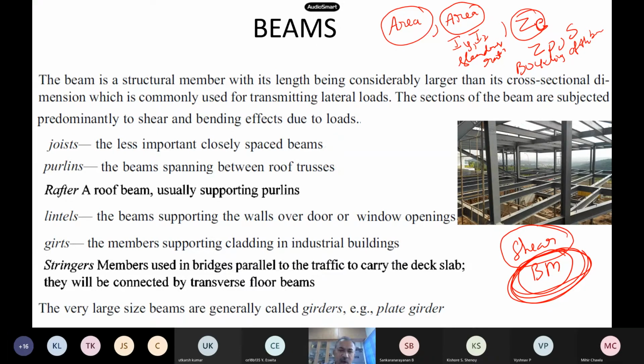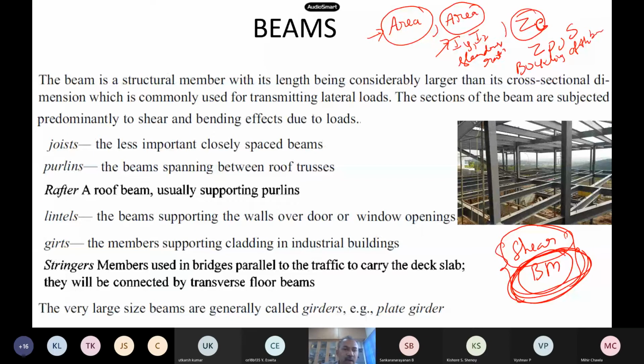When the shear is also very dominant, then you have to check both cases separately. So many things will come into beams, so the design becomes complex. Of course, it is not complex, but the steps will increase. For tension members, maybe two checks: gross strength and then the tensile check. For compressive strength, some more checks like slenderness ratio may be there. But when it comes to beams, your design steps increase basically. That is the most important thing.